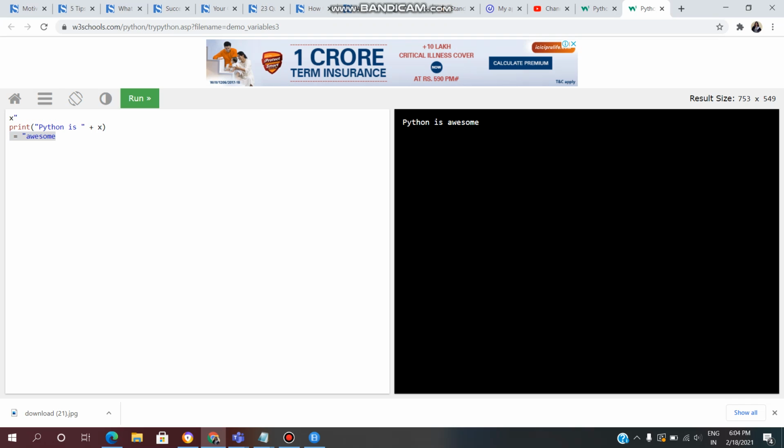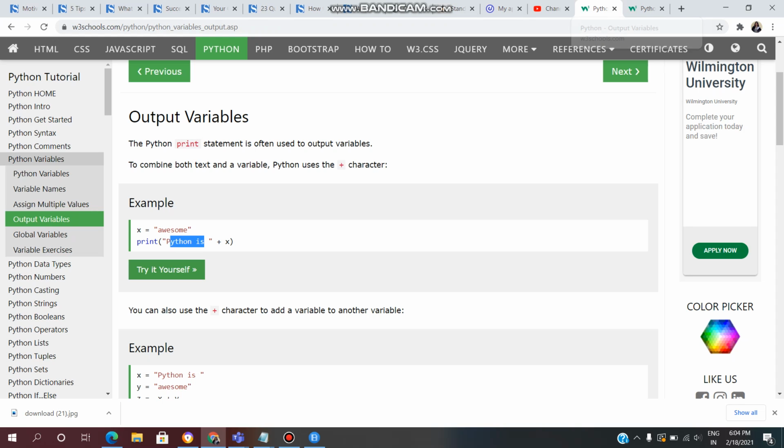See, we are getting Python is awesome. Here awesome is the value which is in x and we are adding text with the variable. So we are getting the Python is awesome output.